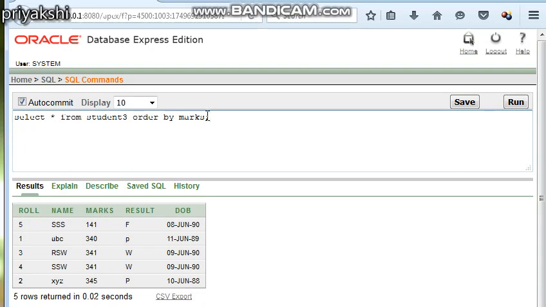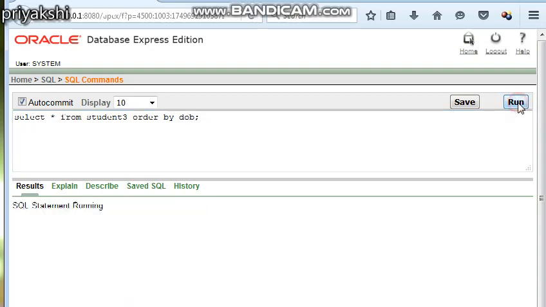The default ordering in SQL is ascending. If you want to see the marks in descending order, you simply write the DESC keyword after the value by which you want to sort. If you write descending, all the marks will be descending. You can also order by name, and it will be sorted name-wise. And if you want to see it by date of birth, it is also possible, in the increasing order of the date of birth.